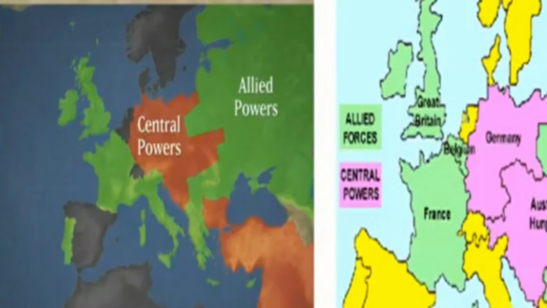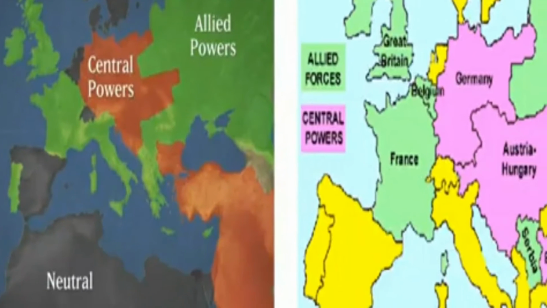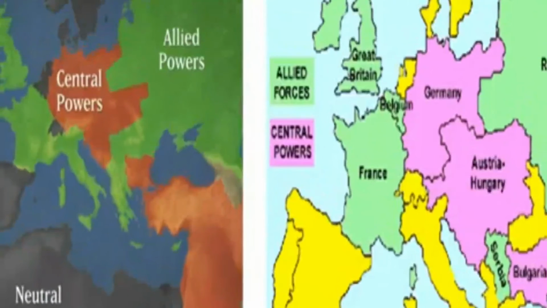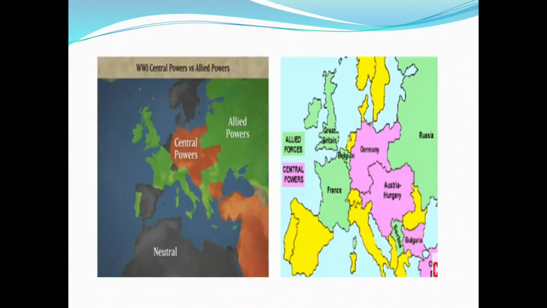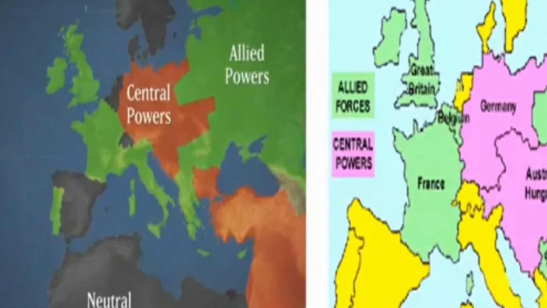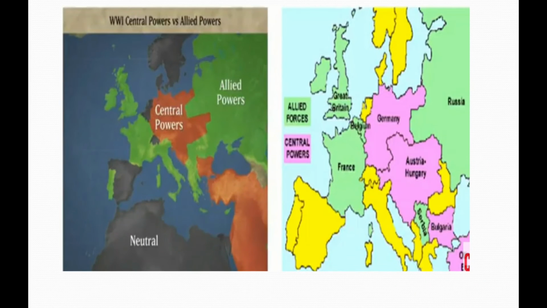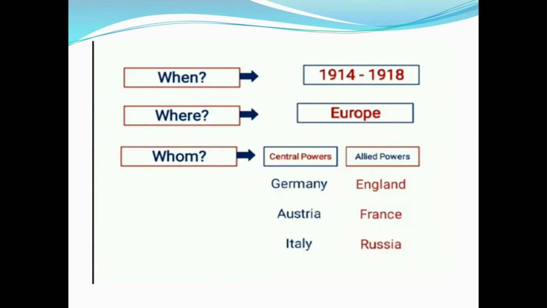In this picture, you can see the Central Powers are in the orange color. They are Germany, Austria-Hungary, and Italy. The Allied forces or the Allied Powers were Britain, France, and Russia. So, the Central Powers and the Allied Powers were the countries which were divided quite ahead of the war, and therefore there